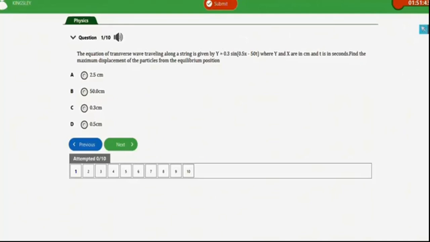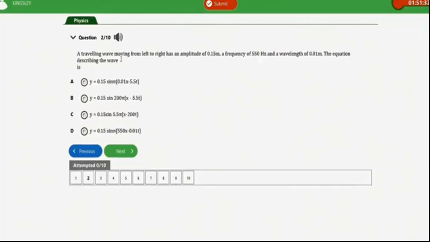Okay, so the next repeated question will be this one. A traveling wave moving from left to right has an amplitude of 0.15 meter, a frequency of 550 Hz, and a wavelength of 0.01 meter. The equation describing the wave is,